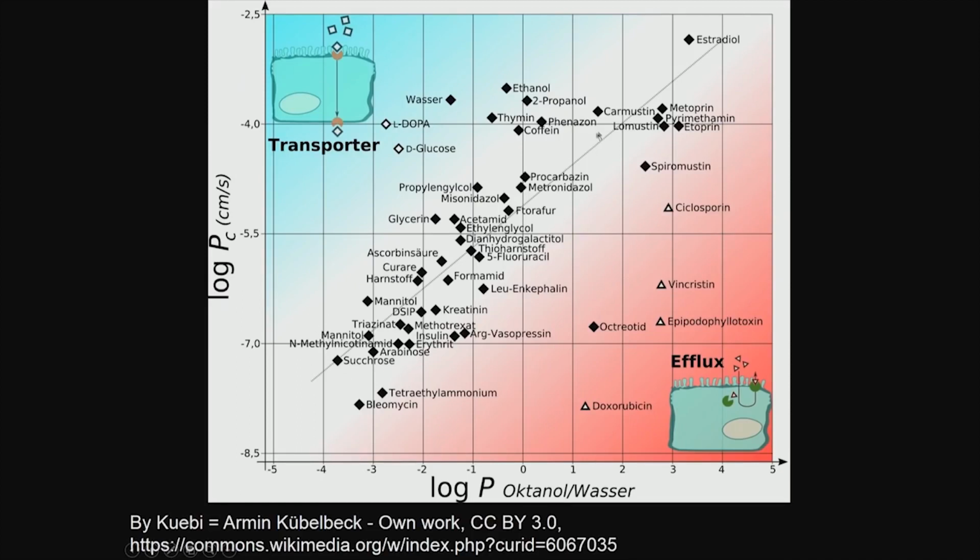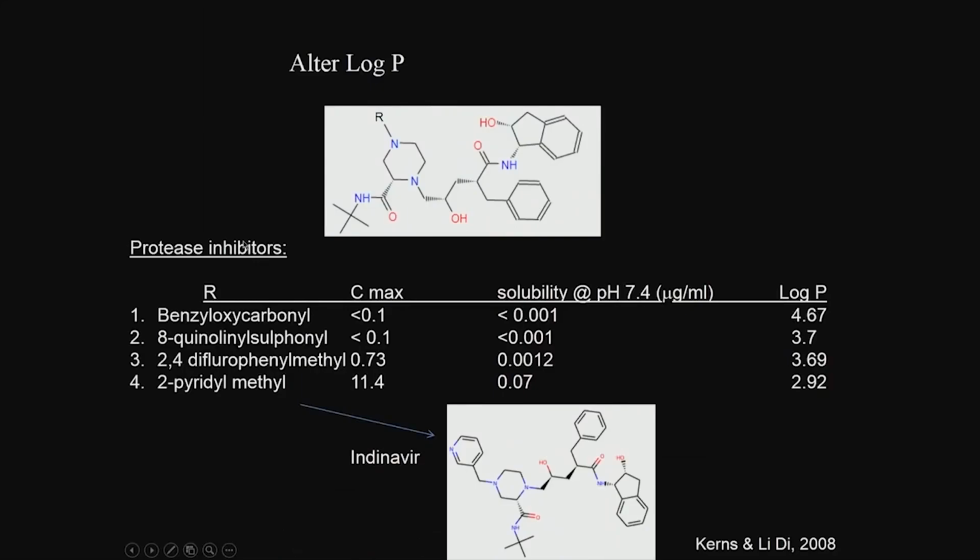Okay, so drugs which have very high log P will also have very high diffusion through that. Of course, this graph does not talk about the solubility part, but only about the permeability or the diffusion into that. Okay. So, if I can alter log P to improve its solubility, so make it more hydrophilic. For example, these are protease inhibitors, okay, these are called the protease inhibitors, and their R group is there on